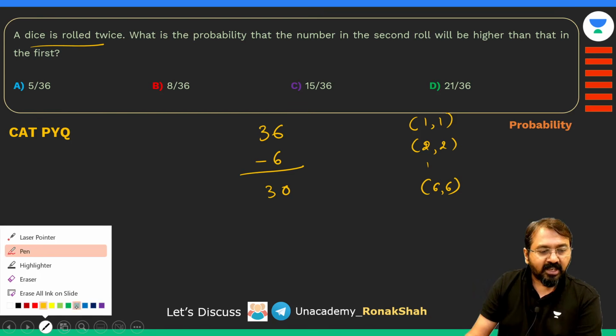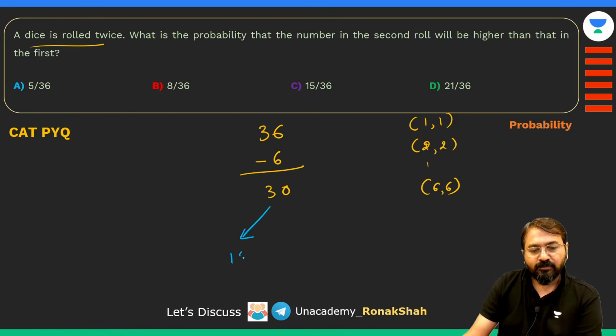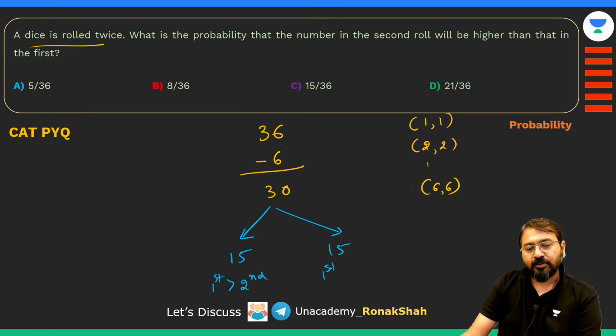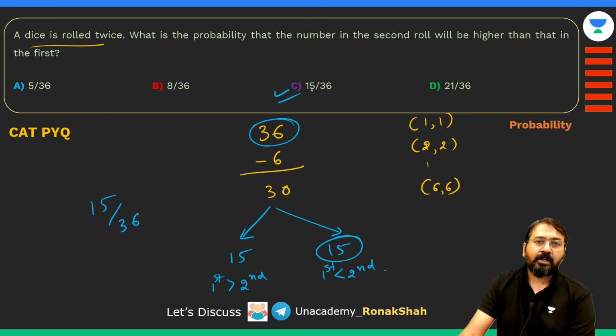गाइज ये जो 30 आउटकम्स हैं उसमें से एग्जैक्टली हाफ आउटकम ऐसे हो गए जिसमें फर्स्ट रोल की वैल्यू सेकंड रोल से बड़ी होगी, और बाकी के हाफ आउटकम्स ऐसे हो गए जिसमें फर्स्ट रोल की वैल्यू सेकंड रोल से छोटी होगी। डन। तो हमें ये लेना है आउट ऑफ 36, सो माय आंसर इज 15/36, सीधा सीधा दिया हुआ है। डन।